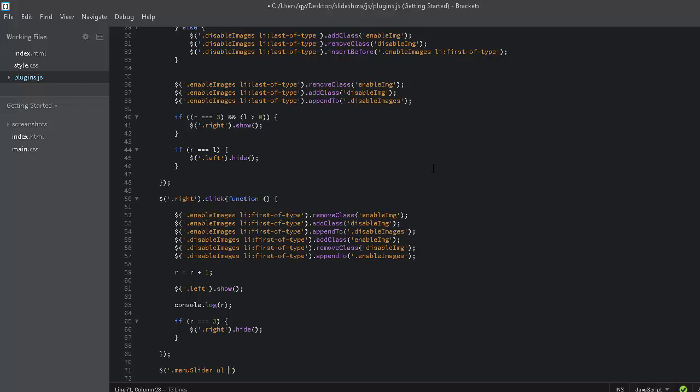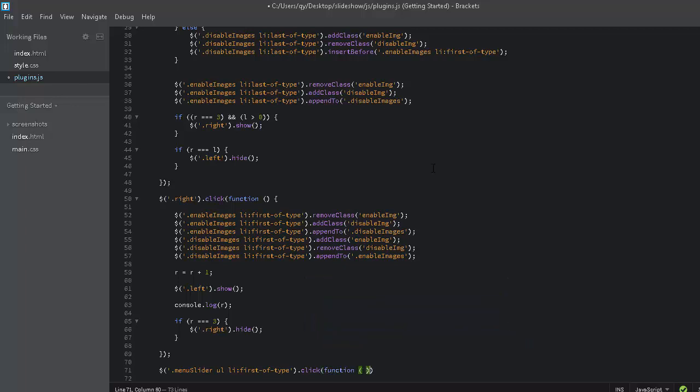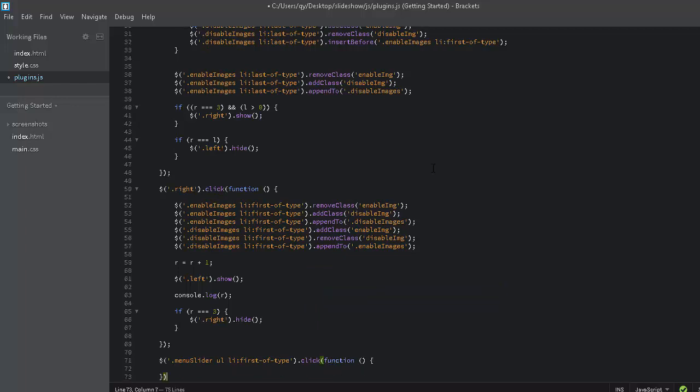The menu slider UL LI first of type. Now when we click on the first of type, I will add a function. Inside the function